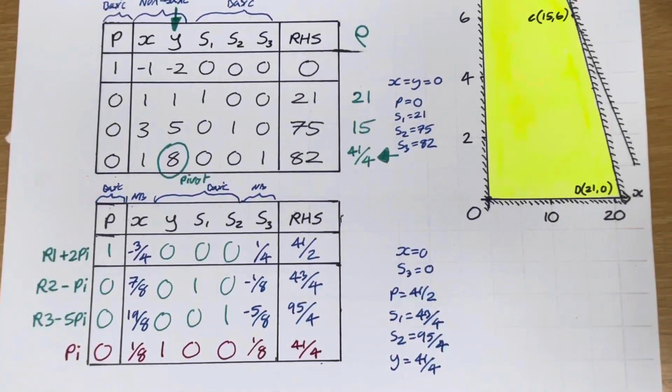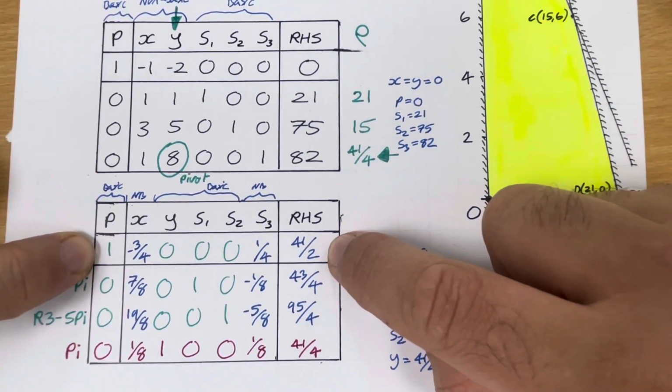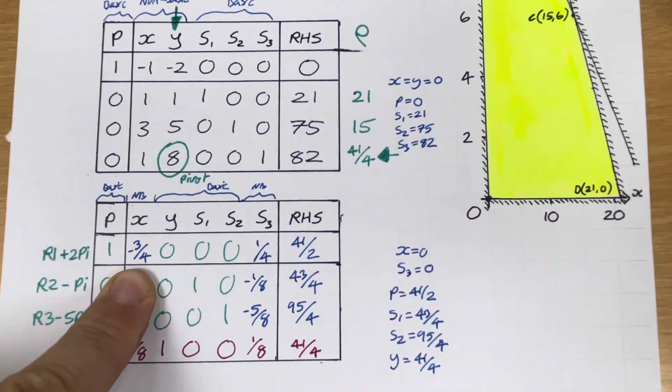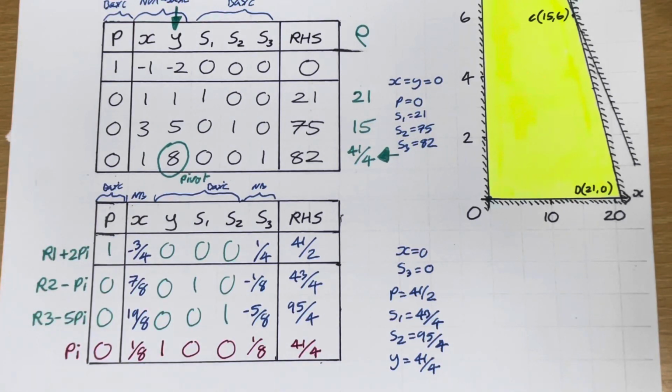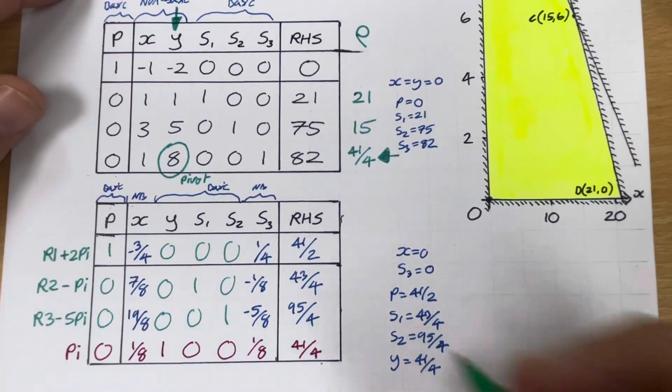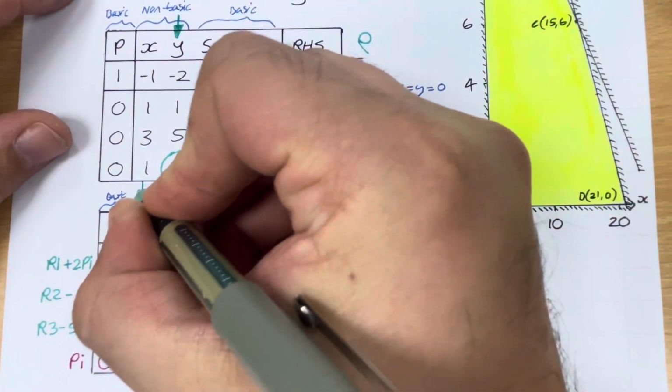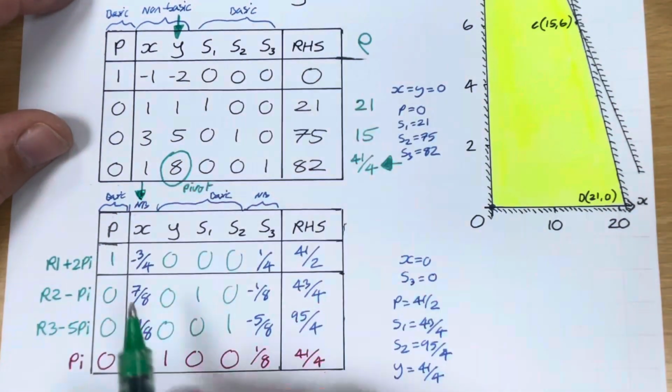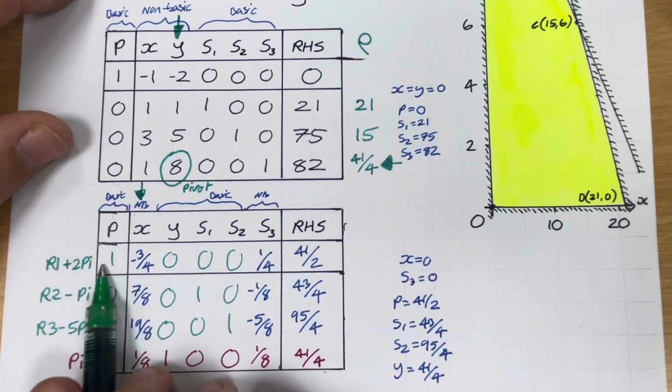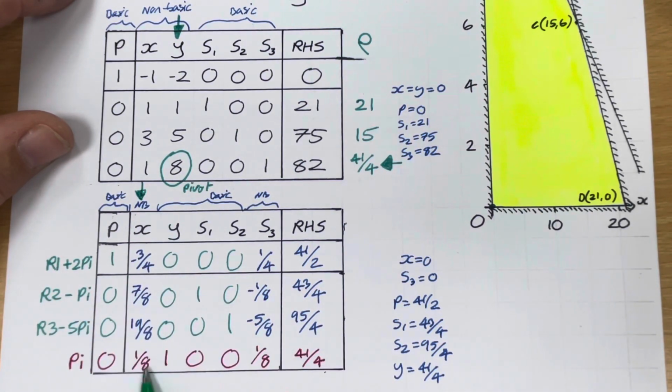Okay, so objective row, that's this row here. We do have a negative, so we are not at the optimal vertex. So therefore, we must repeat the process again. So let's repeat the process again. I will do it a little bit quicker this time. So that is the only negative value in the objective row. So therefore, that must be my